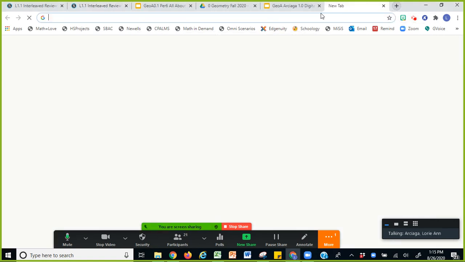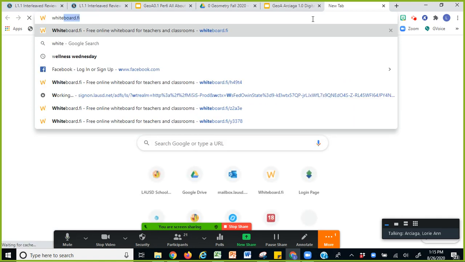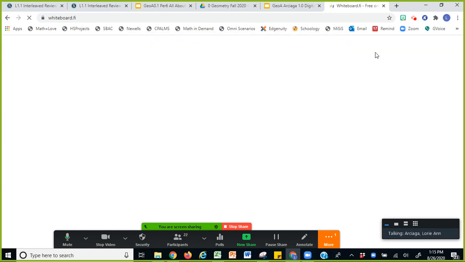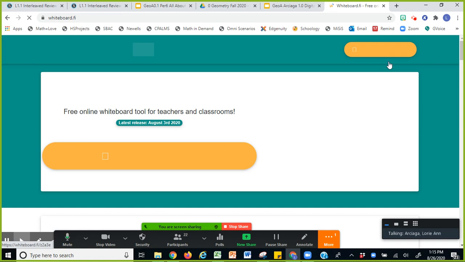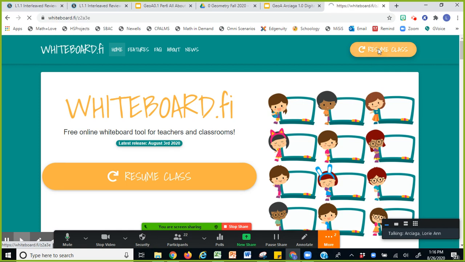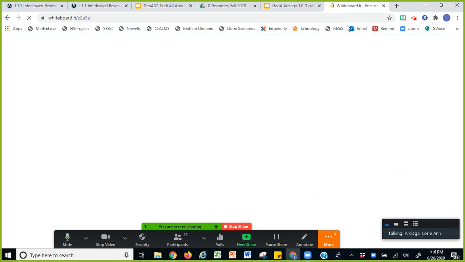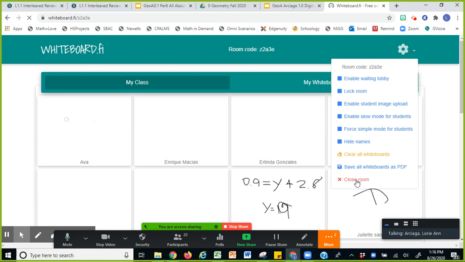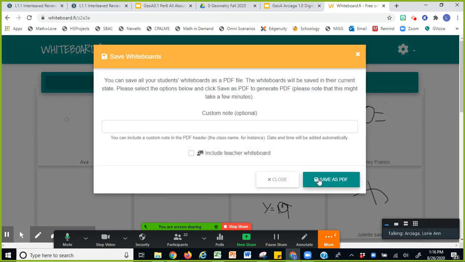I'm going to share a whiteboard with you. Let me open a new class to do that. Unfortunately, we can't have the same whiteboard all semester long. What I'm going to ask you to do is choose one problem that you want to share. You will write it on your whiteboard, and we're going to share it with the whole class. So let me just close this room and create a new one.